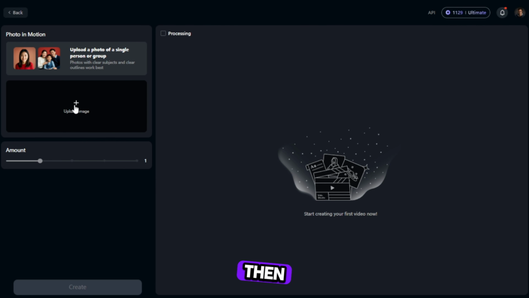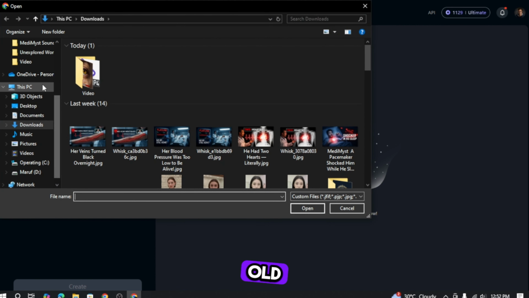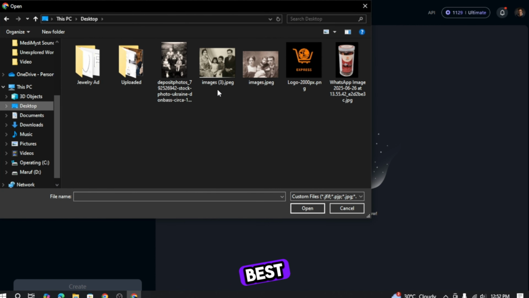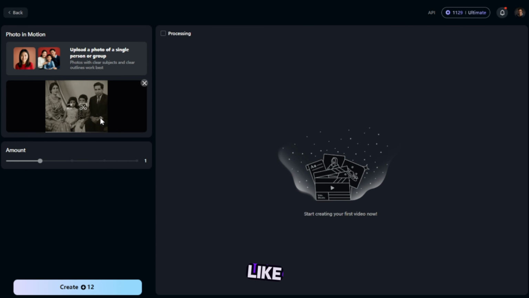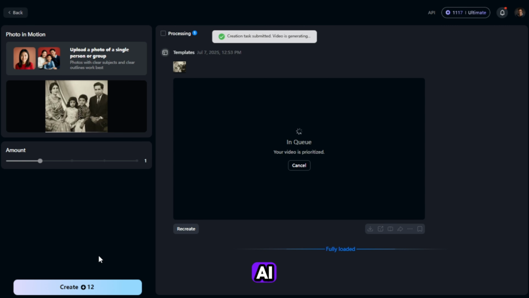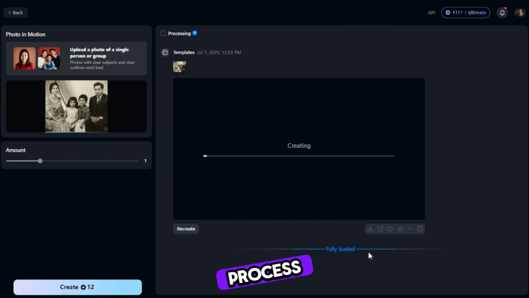Step 3. Upload your old photo. Click on the template, then hit Upload to add your old photo. This works best with portraits or group photos, like family pictures or old friends. Now, just tap on Create. The AI will take a few seconds to process, and then